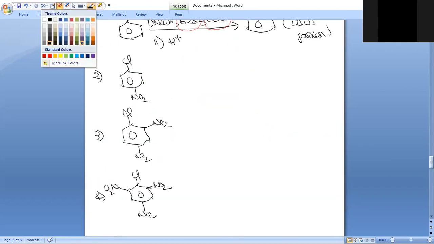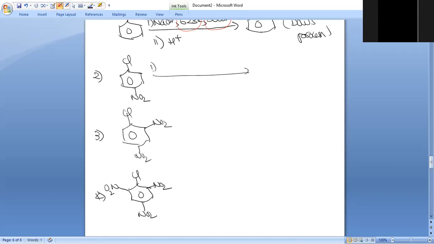In the one NO2 case, NaOH is required, but the temperature required is 443 Kelvin, and hydrolysis is required. Initially 623 was required, now how much is required? 443 only, right? Yes, sir. That means the temperature requirement is decreasing. For us, we have to understand it is more reactive compared to the first one. That's why less temperature is required. Clear? Okay. Yes, sir. So here OH and here NO2.